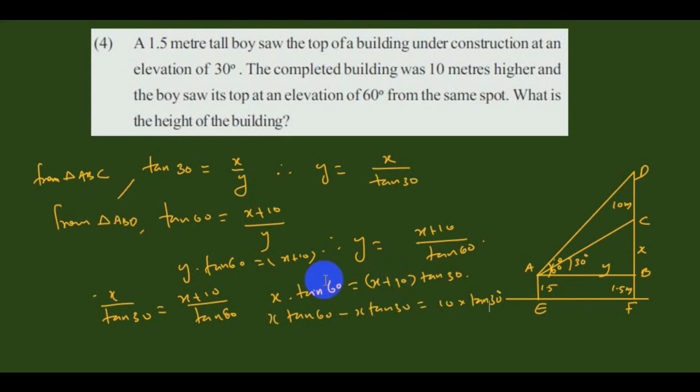30. Okay, that means this x tan 30 is taken to the other side, therefore it will be minus x tan 30, and 10 tan 30 will be left there. Therefore here we can take x common, therefore x into tan 60 minus tan 30 is equal to 10 into tan 30, therefore x is equal to, ചുരുക്കി പറയാണ്, x is equal to 10 into tan 30 divided by tan